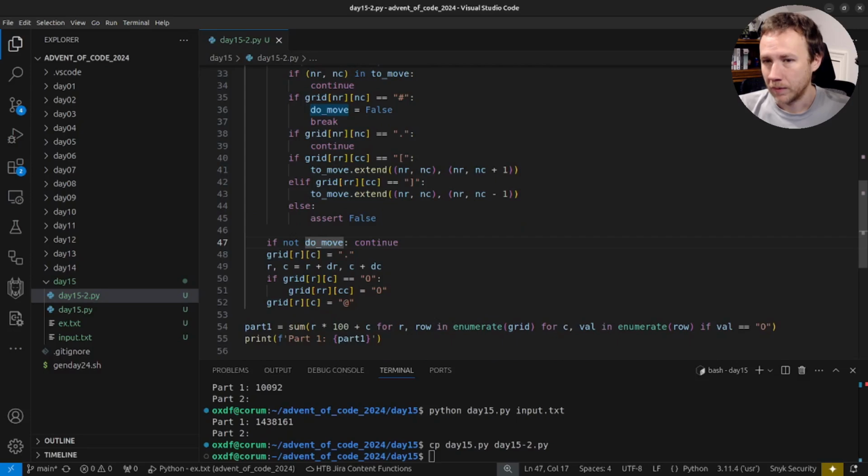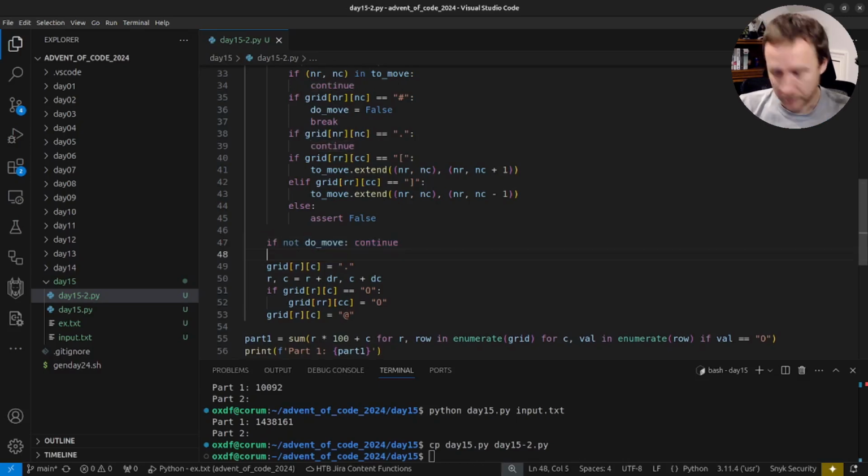So now when we get down to here, if we broke out and don't move, great, we're good. If we are going to move, I'm going to need to make a copy. I'm going to move this grid around, but it's going to revolve on what I'm doing. So I'm going to make